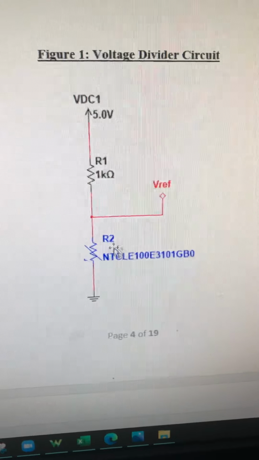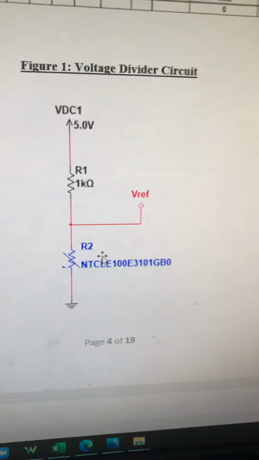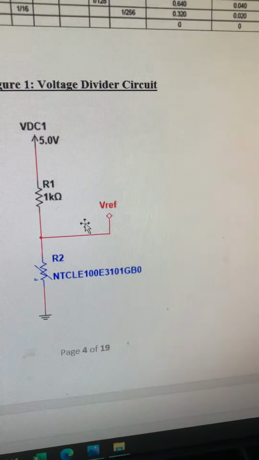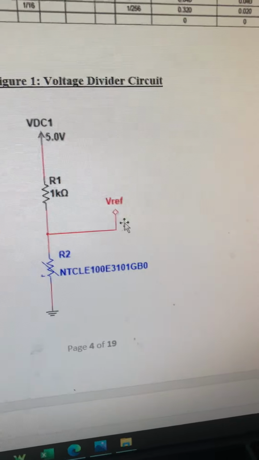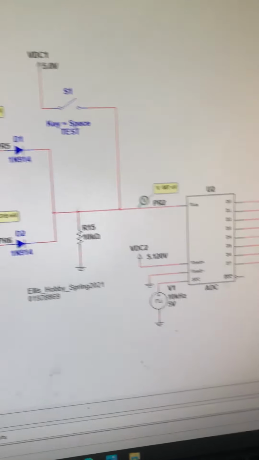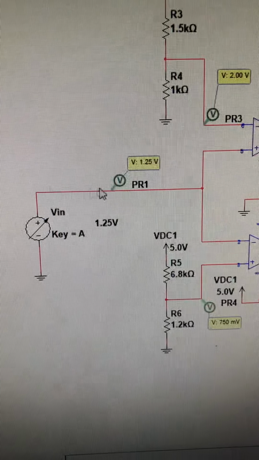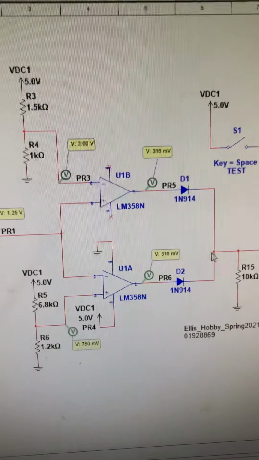So as this resistance changes, which this is the thermistor, the reference voltage will change as well. So this voltage is dependent on temperature, right? So if we go back here, that voltage, which this would be that voltage, the reference, is fed into this,